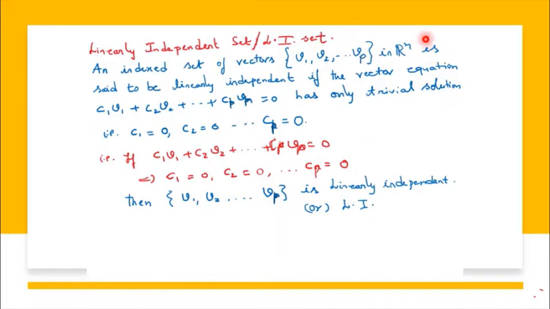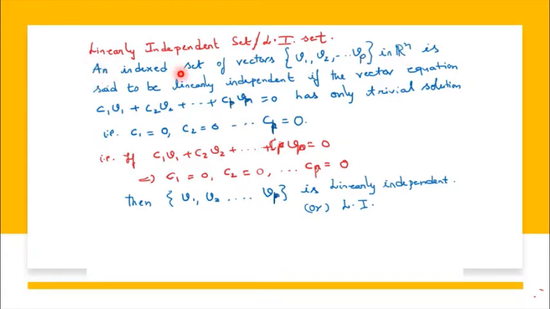Before I give the definition, I just want to remind you about Rn. What is Rn? It is a vector space, a basic vector space, which has all column vectors of how many rows? N rows. Throughout this chapter, whatever units we discuss about vector spaces are the basic vector spaces over real numbers. We deal with R2, R3 and so on, Rn. Now let us come to the definition.